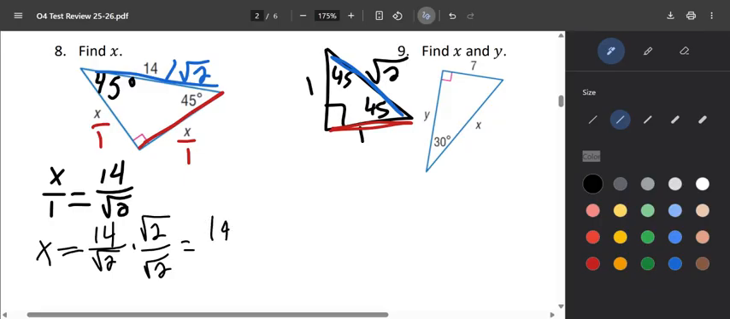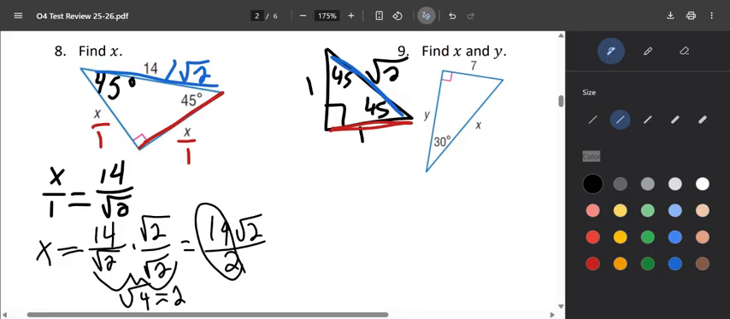And we get 14 square root 2 over square root of 2 times square root of 2, which is the square root of 4, which is equal to 2. So that'd be 2. And I say, all right, can we divide? Sometimes we can, sometimes we can't. In this case we can, we get 7 square root 2. So x is equal to 7